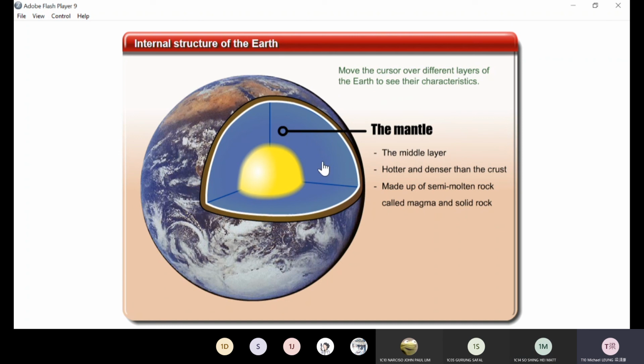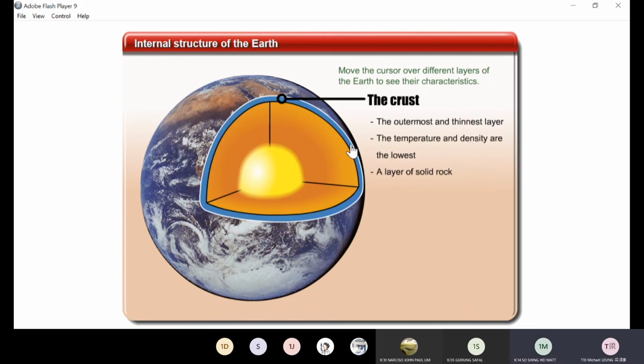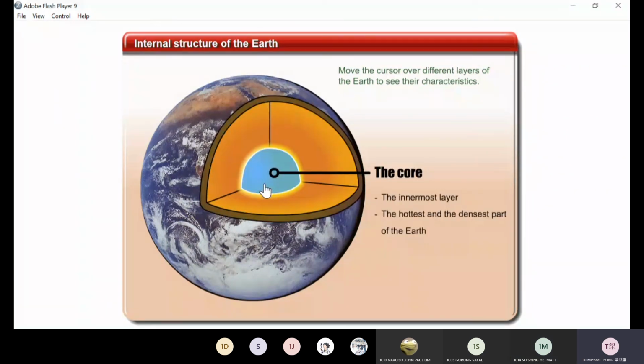Semi-molten rock 即係嗰啲熔岩啦。And then we have the crust, the outermost layer. It has low temperature, and it is a layer of solid rock. 嗱，呢個地殼咧就係最薄嘅，但係咧啲溫度就最低。